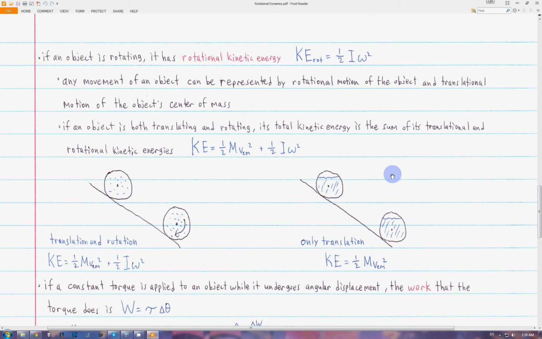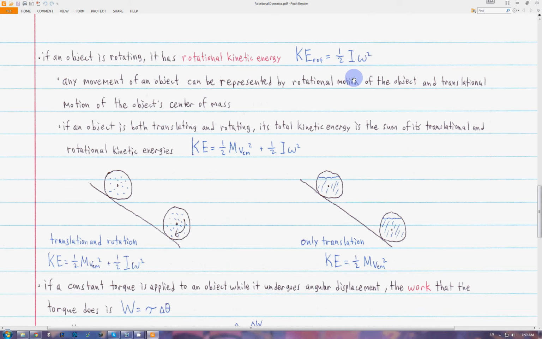In this video, we're going to be talking about energy and momentum in a rotating object. Similar to how if an object has velocity, it has kinetic energy, if an object has angular velocity, it has rotational kinetic energy, which is just 1/2 moment of inertia times angular velocity squared. So it's the same thing as 1/2 mv squared, except we replace the m and v with the respective rotational